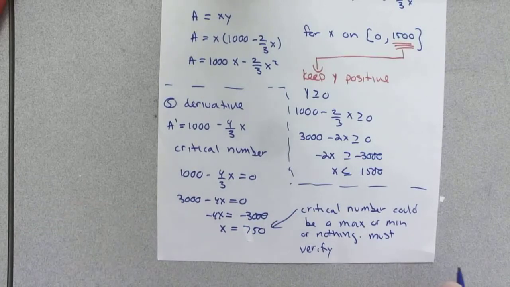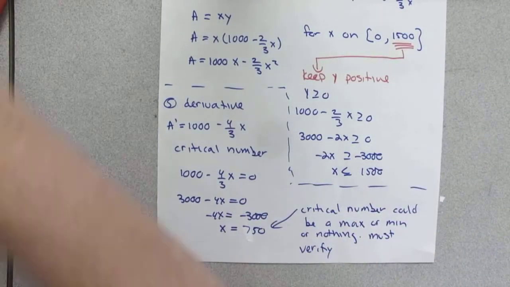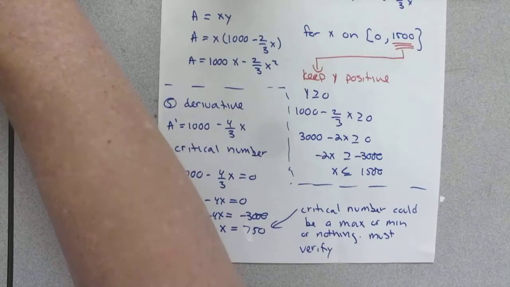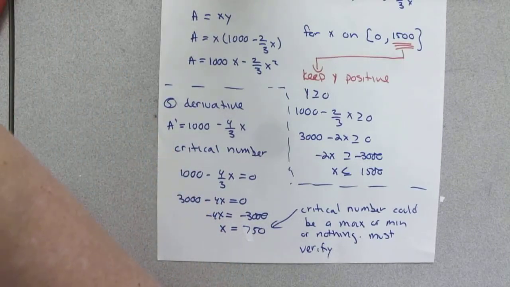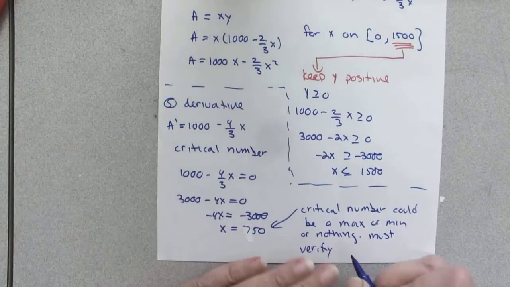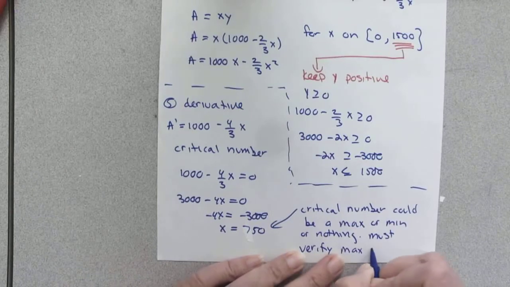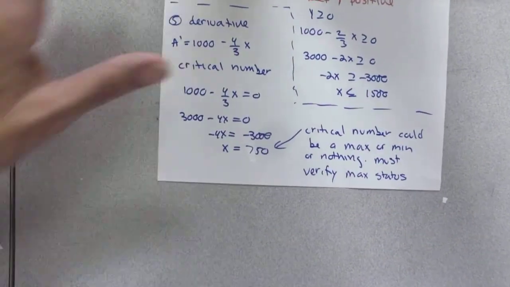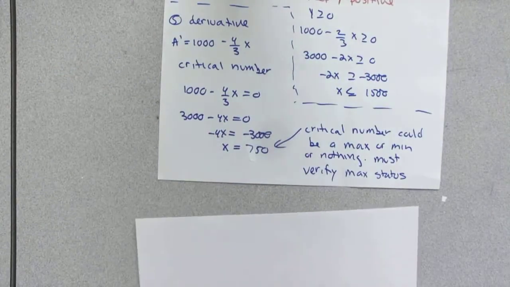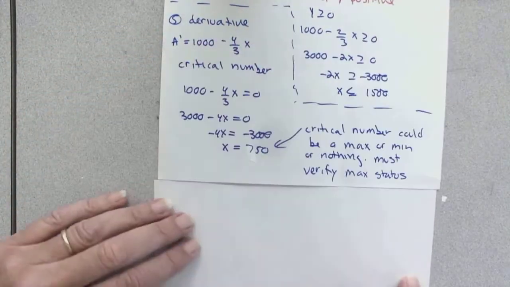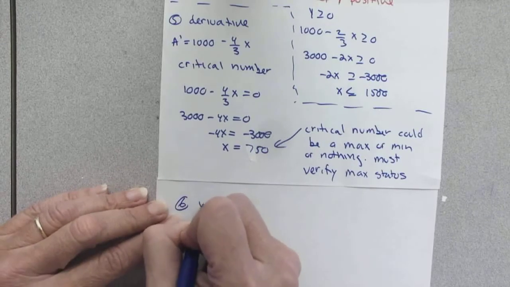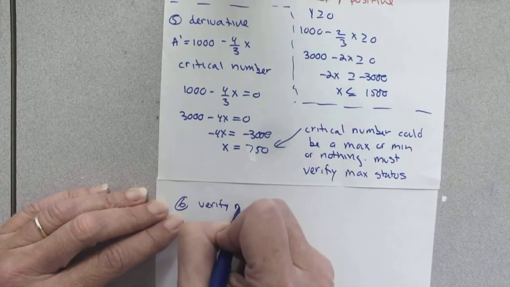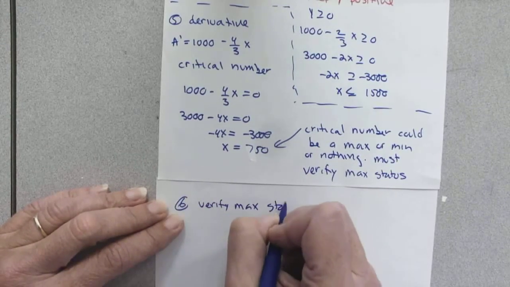And in this case, I forget what we wanted. We wanted a maximum. It said greatest area. So we have to do step 6. If you forget step 6, you will lose points. So 6, verify max status